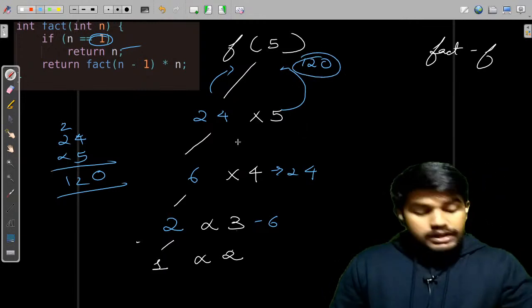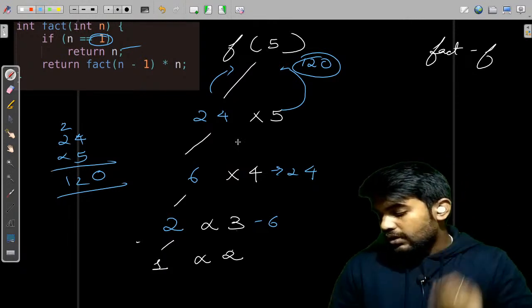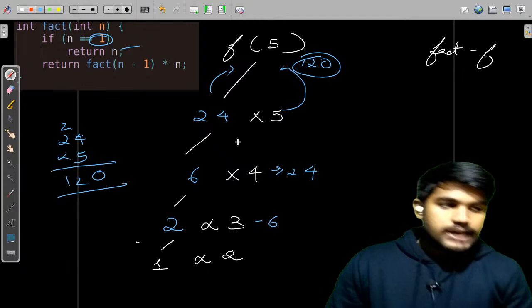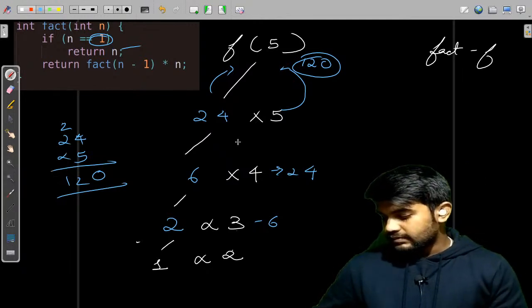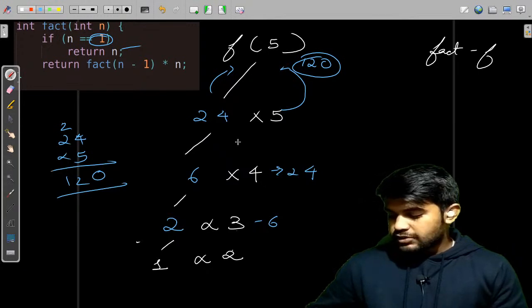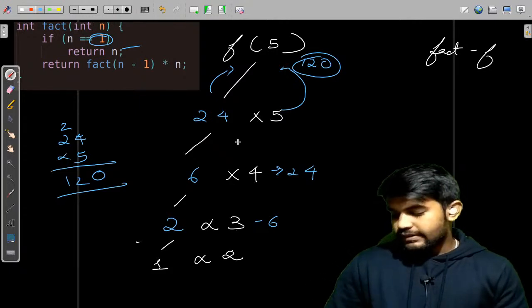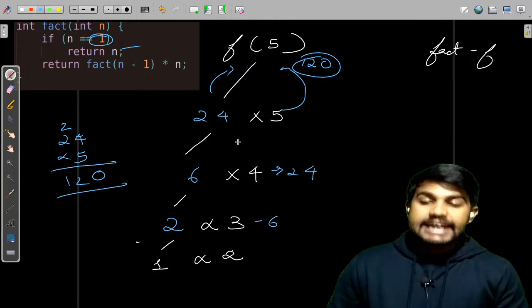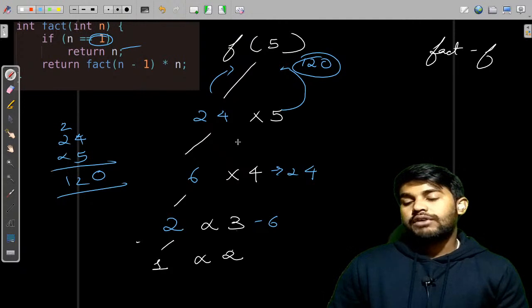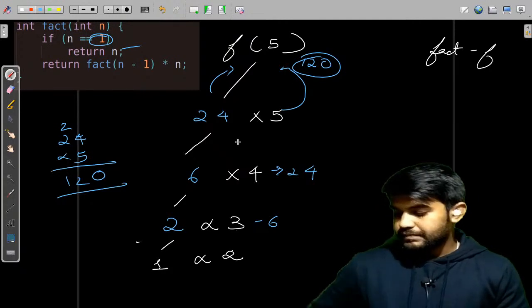Okay, now tell me if this recursion tree is clear to you or not. Quickly tell me how we are getting the value of the factorial.